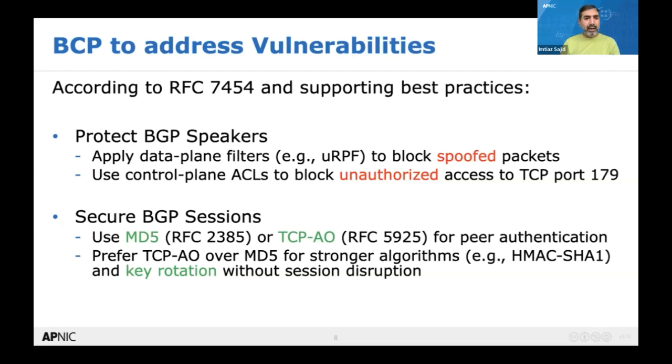So we need to apply the data plane filter to block the spoofing of the packet, and we should also use the control ACL on the control plane to block unauthorized access. So like someone is trying to establish a BGP session with your router, and he is actually not a legitimate speaker. So how can you protect